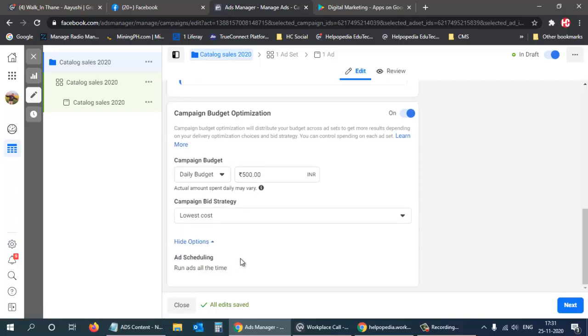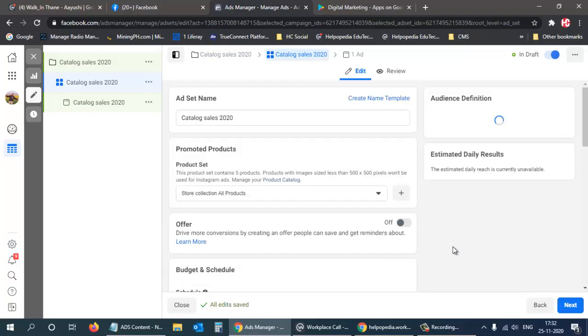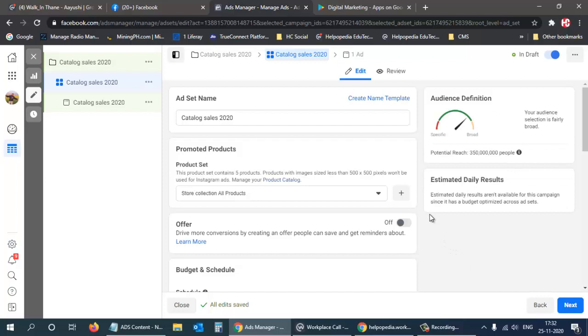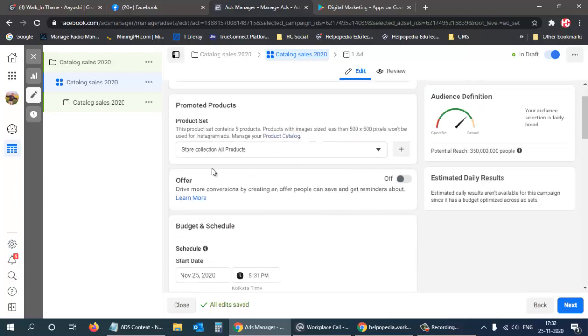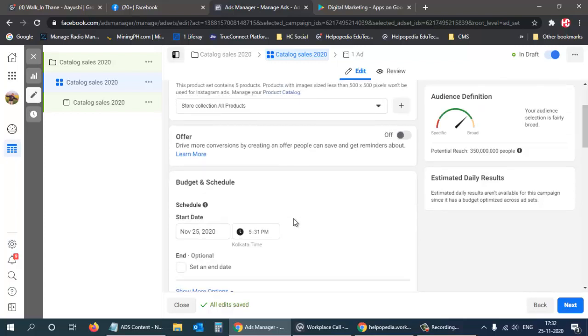In more options, ad scheduling will run at all times, so that is fine. Then I click on next, and in the next step I need to do budgeting and scheduling. Okay, so these are the products, the catalog that we have selected.